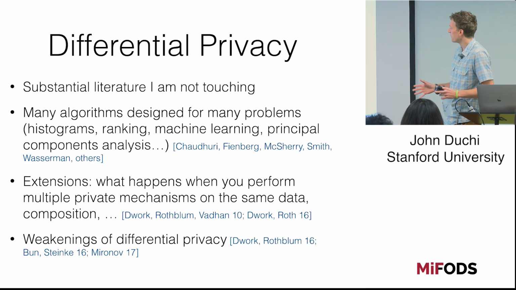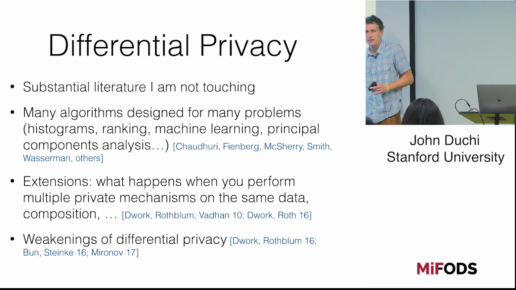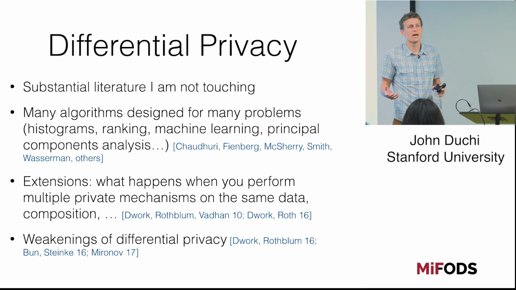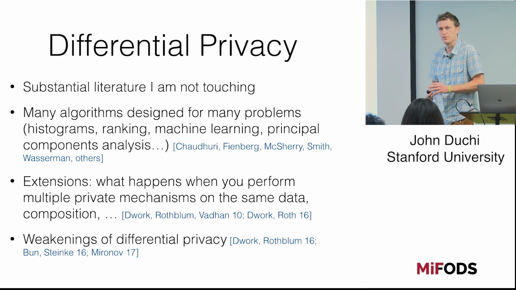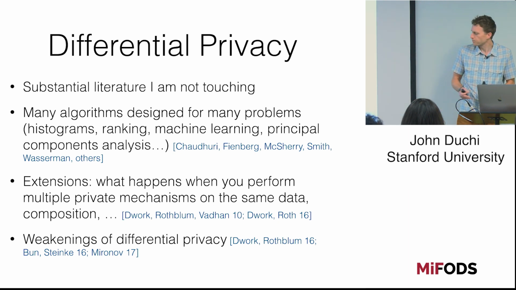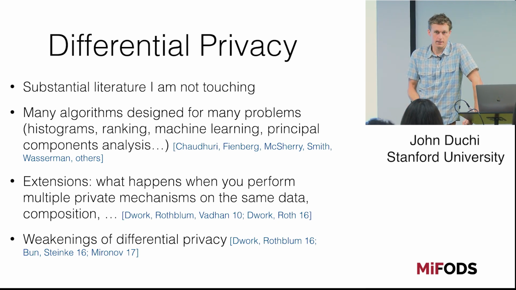So there's a nice literature on this. Then there's recently been kind of a set of papers working on how do we weaken notions of differential privacy to allow more sort of powerful inferences and more powerful estimation. So there's a whole literature on weakening these things. I just wanted to sort of set us up. They all end up boiling down to things close to differential privacy. But I just wanted to sort of set the stage for what the standard approaches are. Okay. Questions? We're good. All right.